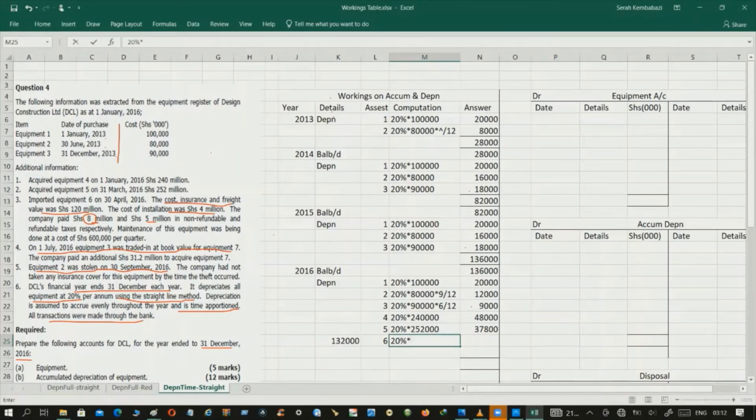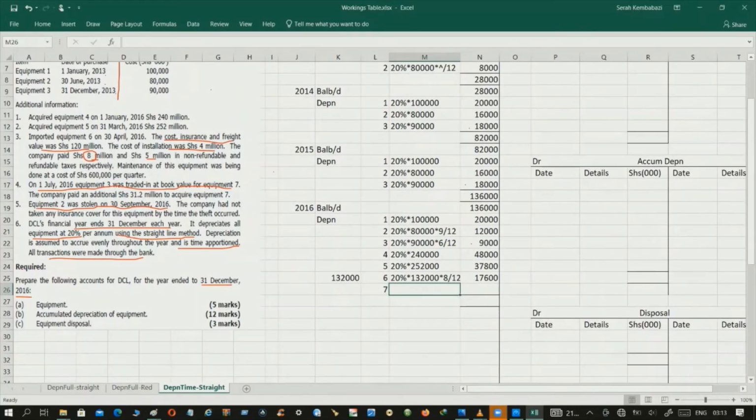So we'll get the 20% of the 132,000 times for how long we've been with this asset. We imported it in April, so we've been with it for 8 months out of 12, giving us a value of 17,600. And not forgetting, we also have equipment 7 that we brought in after the exchange, but we need to